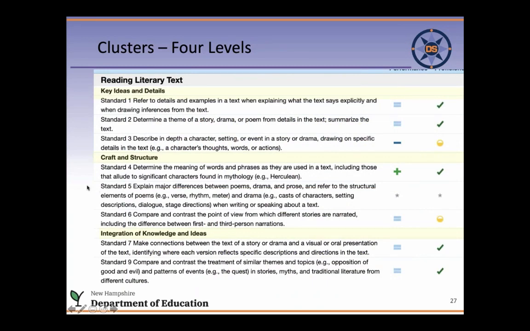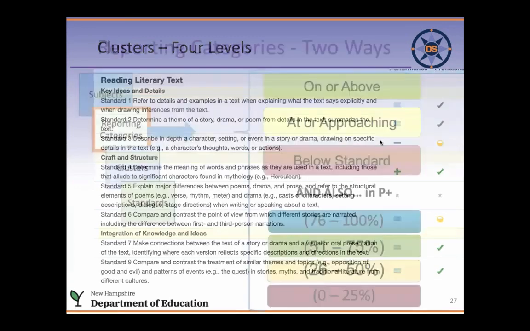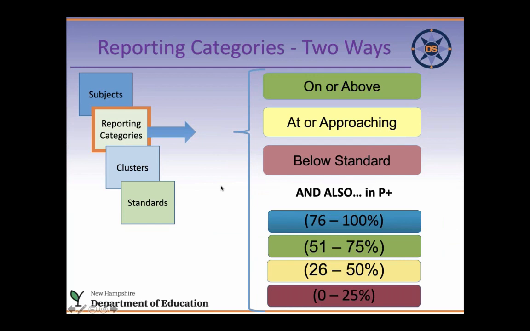Another way you can look at clusters is this way, and it'll give you standard information. You can look at the standards and the cluster. So the yellow is the cluster. This is the reporting category, and these are the standards. If you look at this report, I'll show you how to use this later, but right now, there's this minus sign, which probably means that this is the lowest cluster. And this would be the lowest standard. Again, we've got subject, reporting category, clusters, and standards. I'm going to further confuse you.